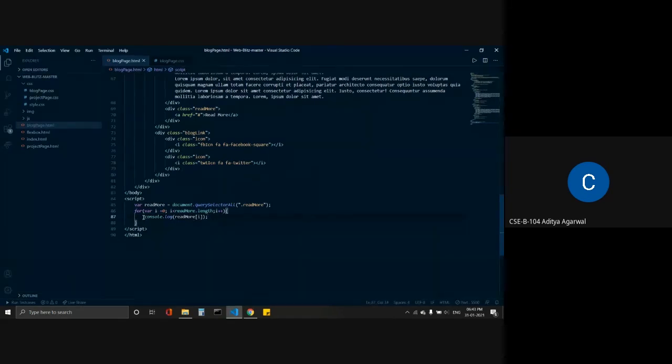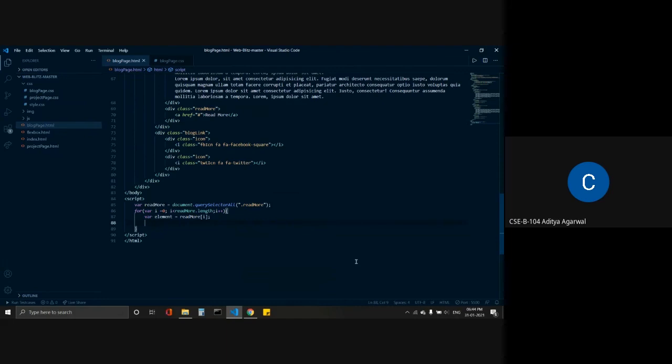So now I will store this into another variable and name it element: read more, with the index in brackets. Now I can apply various styles and different things to this element.